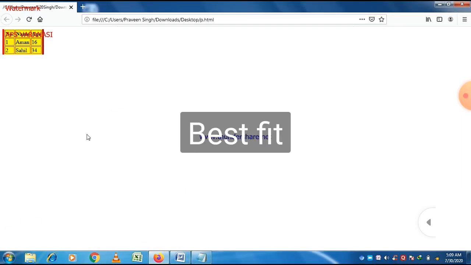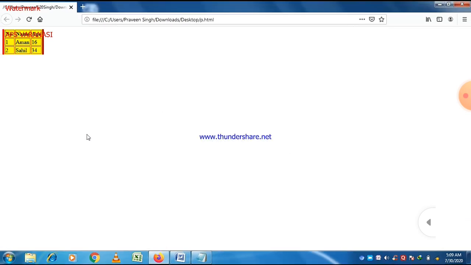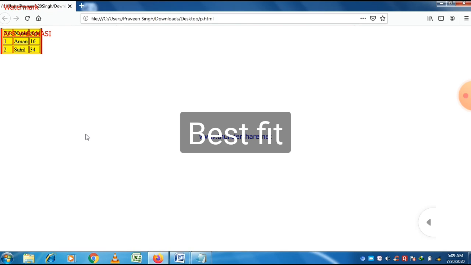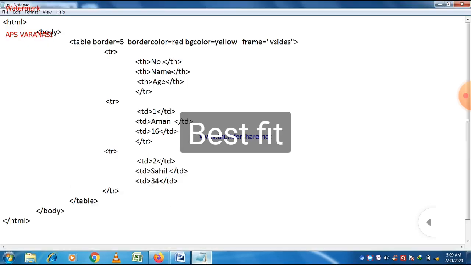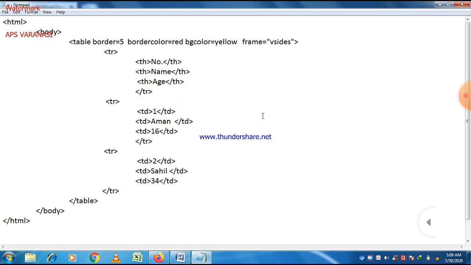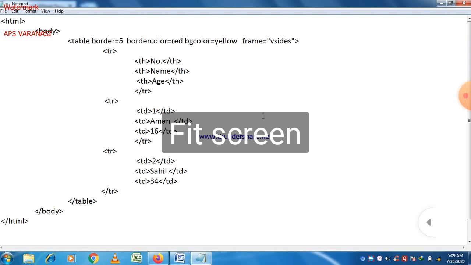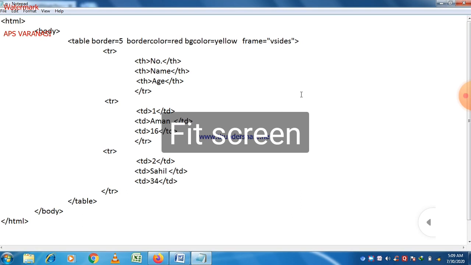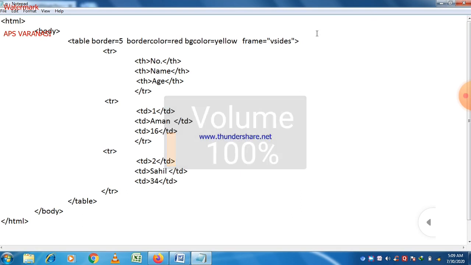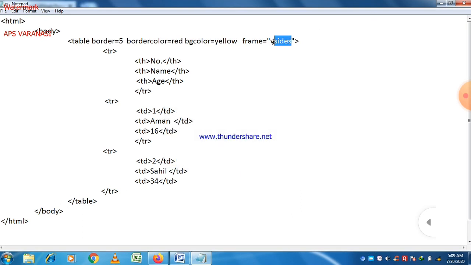If we want to put the value vsides, then all the vertical sides will appear here, meaning LHS and RHS.